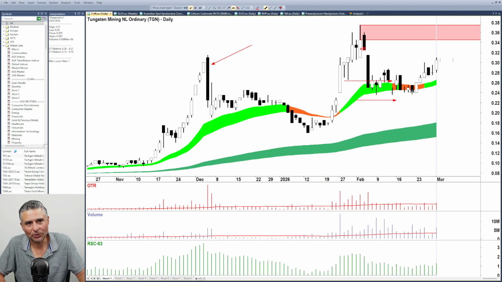But in isolation and looking at nothing else, yeah, I can see why you would do it. Just want to make sure, though, that if you're getting in around here and down here, where's your exit point? Where are you comfortable to have an exit point? We may well be just struggling to make one-to-one. Certainly on the bigger one, we'd have to be using only the short-term trend ribbon and no points of demand. So you're comfortable getting into something where your only protection is that short-term trend ribbon and no points of demand.